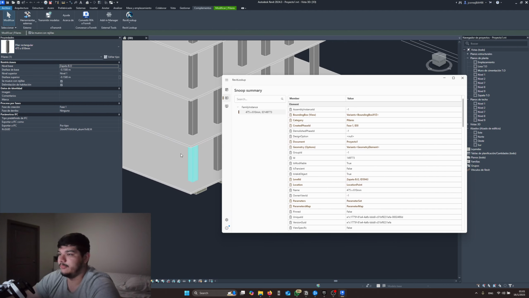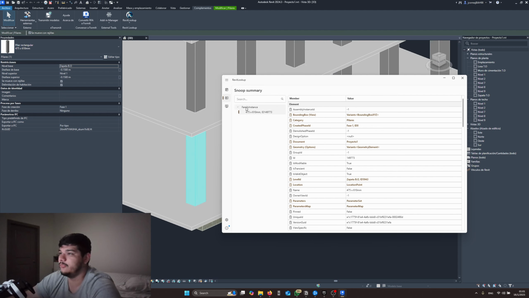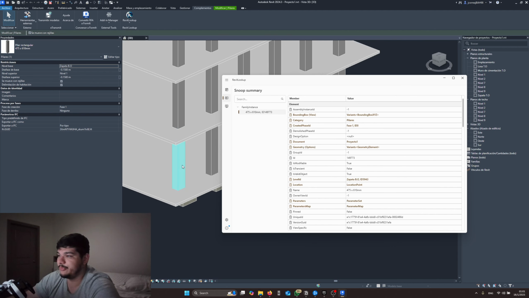For example, with this column, we know this is a family instance. This family instance has a certain category, a document, which of course it belongs to. All elements should belong to the same document in this case, unless you have a linked document, a location, a